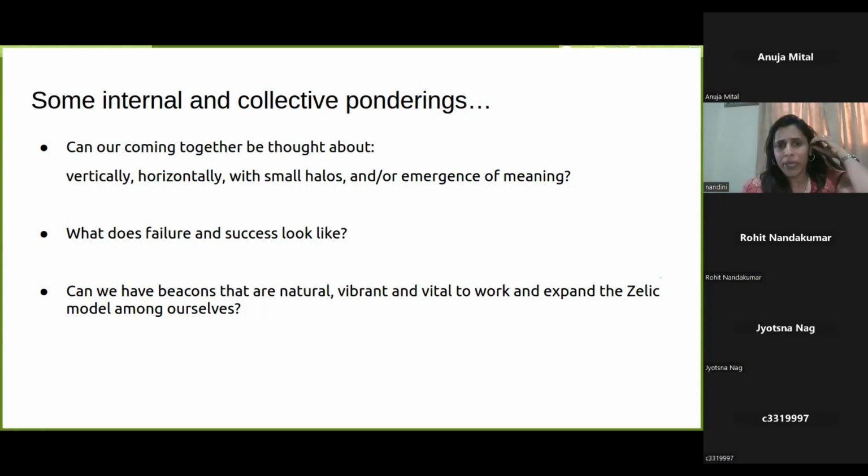And can we also have beacons that remind ourselves that we want to create spaces, we want to be people that are natural, vibrant, and feel like we are doing vital work, and see how we want to use or expand the Zelic model among ourselves. And then finally,